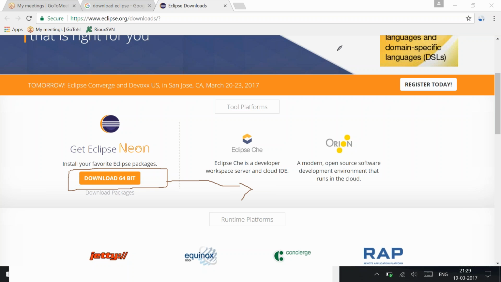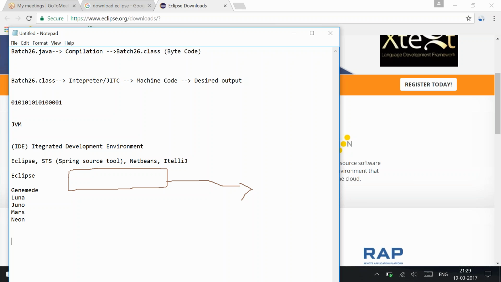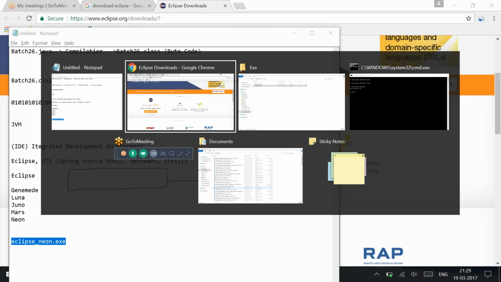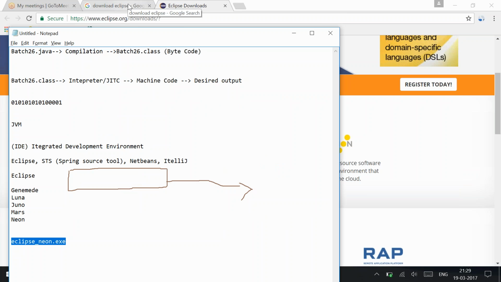Some file, say Eclipse neon dot exe, and then you have to install this Eclipse. When it is an exe file, you have to double click and click next, what we normally do in the case of Java JDK. The same thing we have to do, but the problem is what will happen is